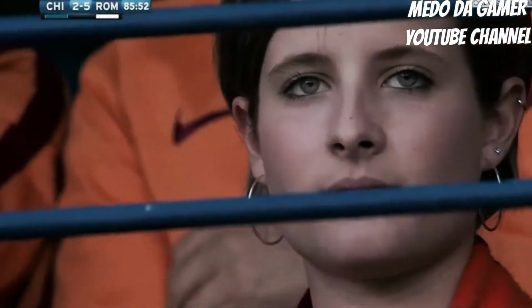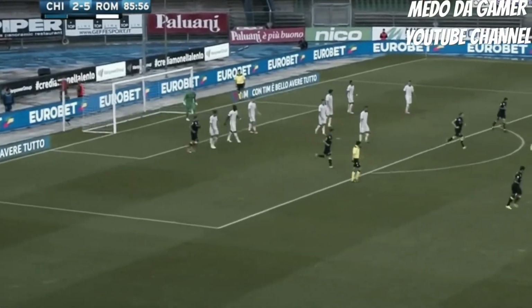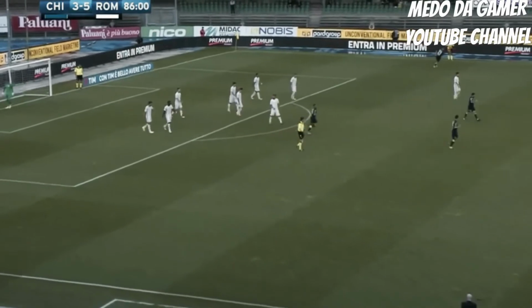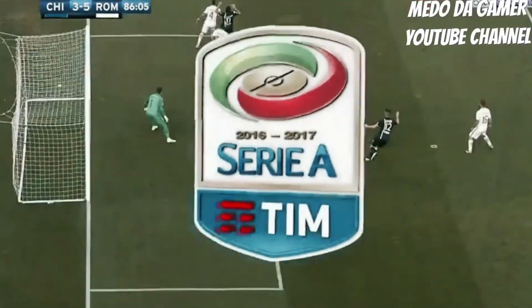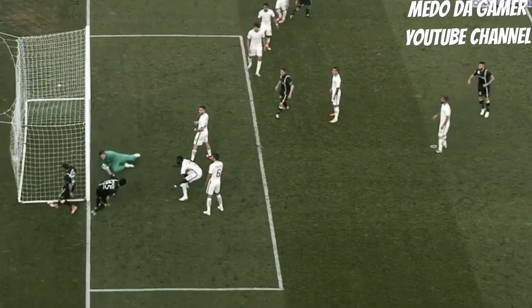Meanwhile, here comes that corner kick for Chievo, and they found the back of the net off the corner kick. They've spoiled Totti's entrance into the match as Chievo get one back. It's 3-5, and Bastian Cesar, who had just come close on the previous corner kick. No, in fact, it's